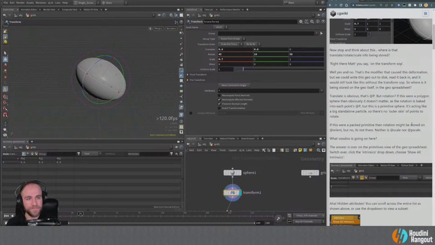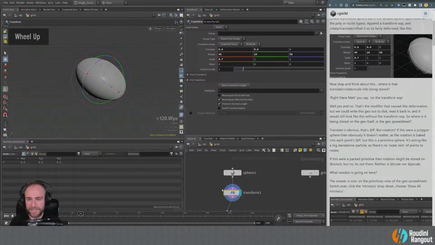But we could write this out to disk, bring it back in. There would be no transform SOP, and it would still have this transformation. So where is it being stored, right? Like where in this geometry that's being stored to disk are we actually getting these transformations, right? And the answer